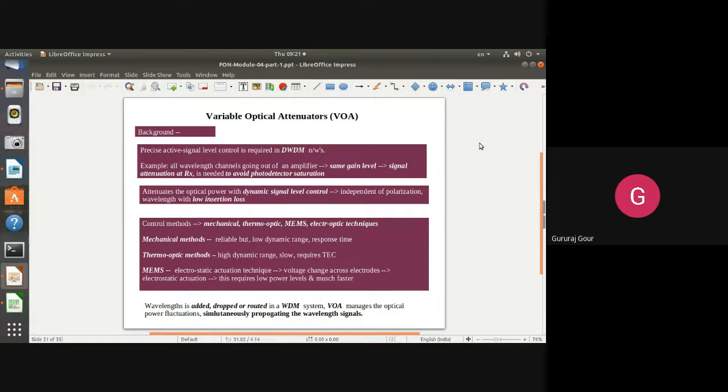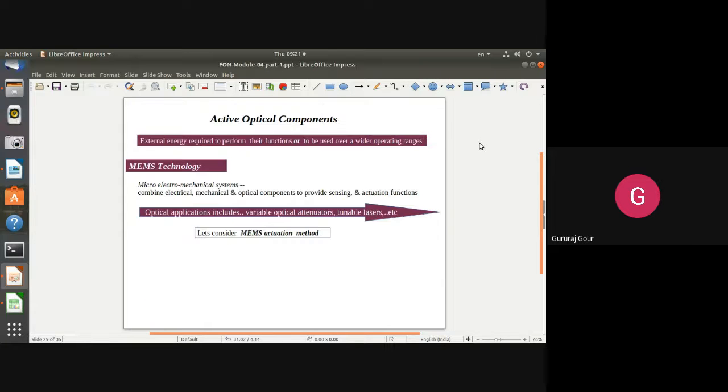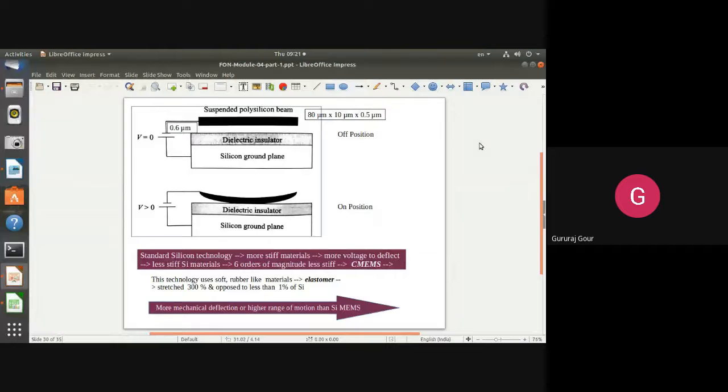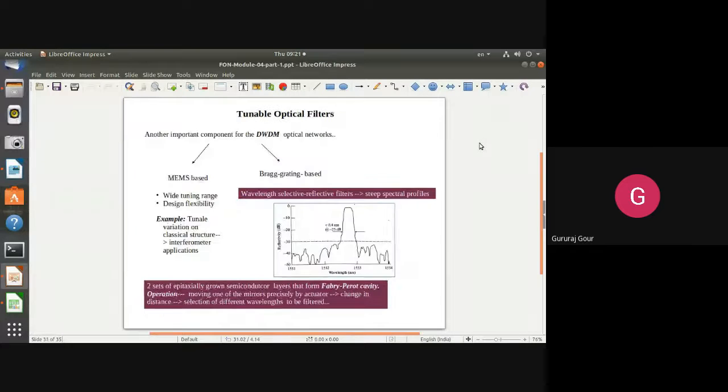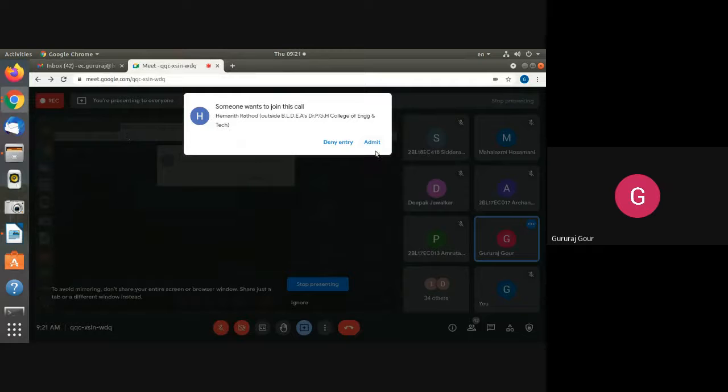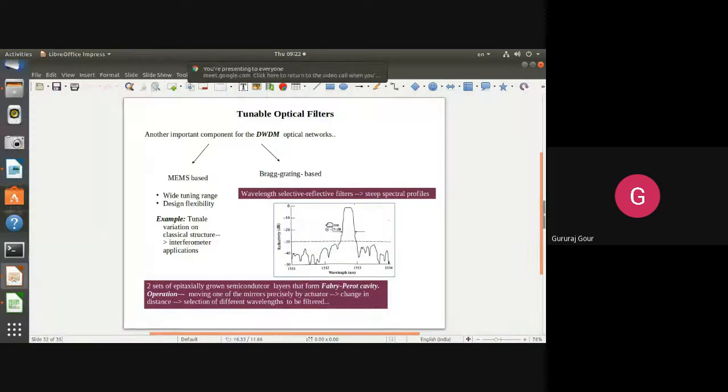Sometimes it is asked as a short note on active optical components. In that case, you have to explain these MEMS and VOAs. Another active optical component we are getting is tunable optical filters. This is another important active optical component, which is going to serve your DWDM,